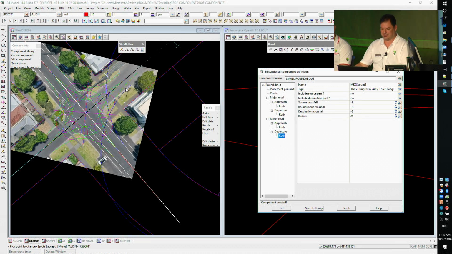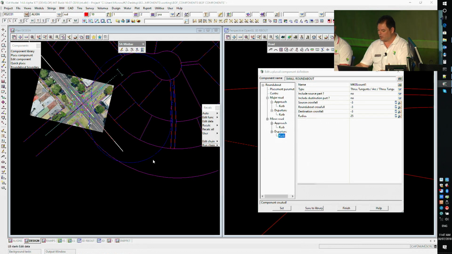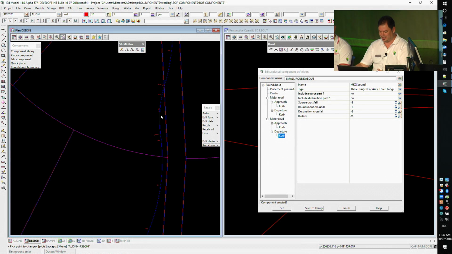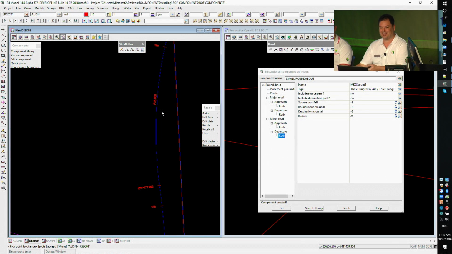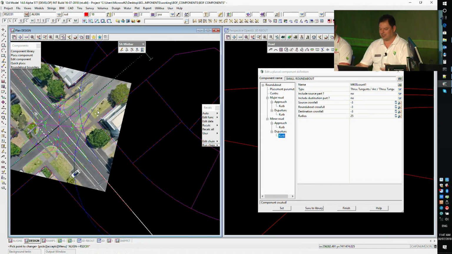So we're getting this area here where it's wrapping right around, and we're nominating the arc in this of 25 metres. So you'll see in here, way over here, that you've got 25 metres. So you need to have a think about how this thing is solving. And you can experiment